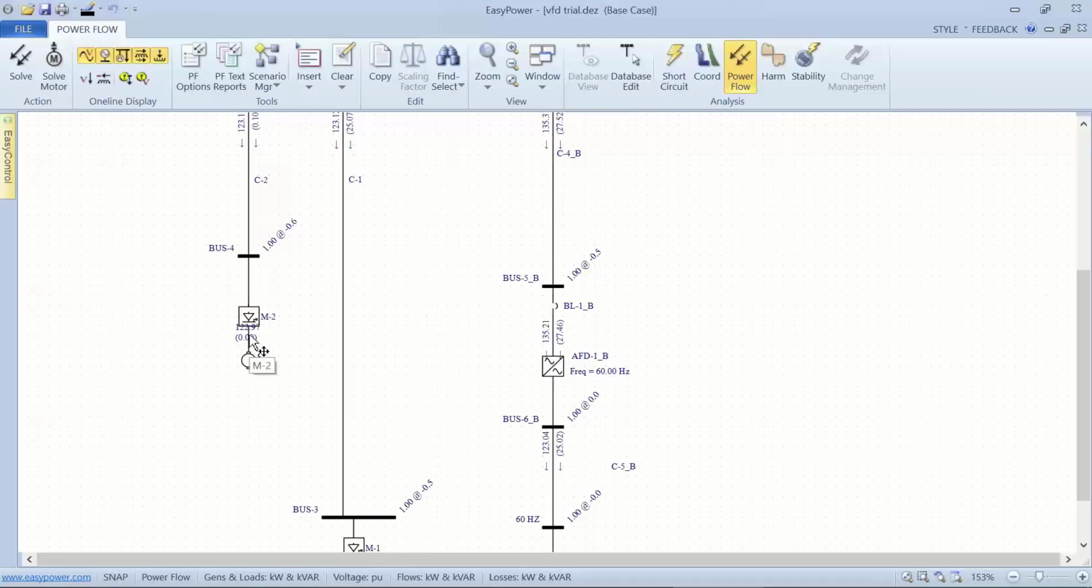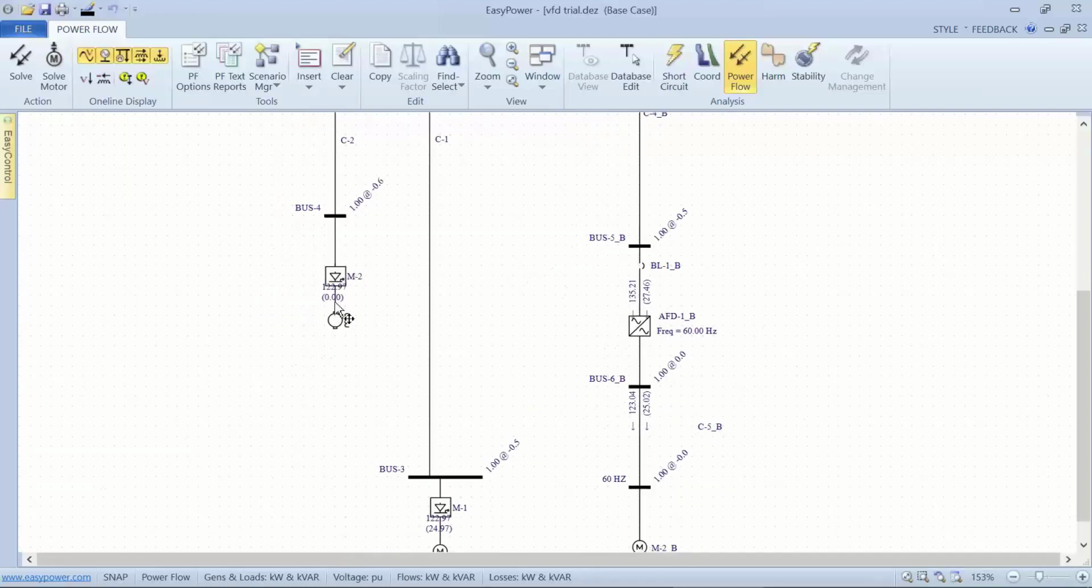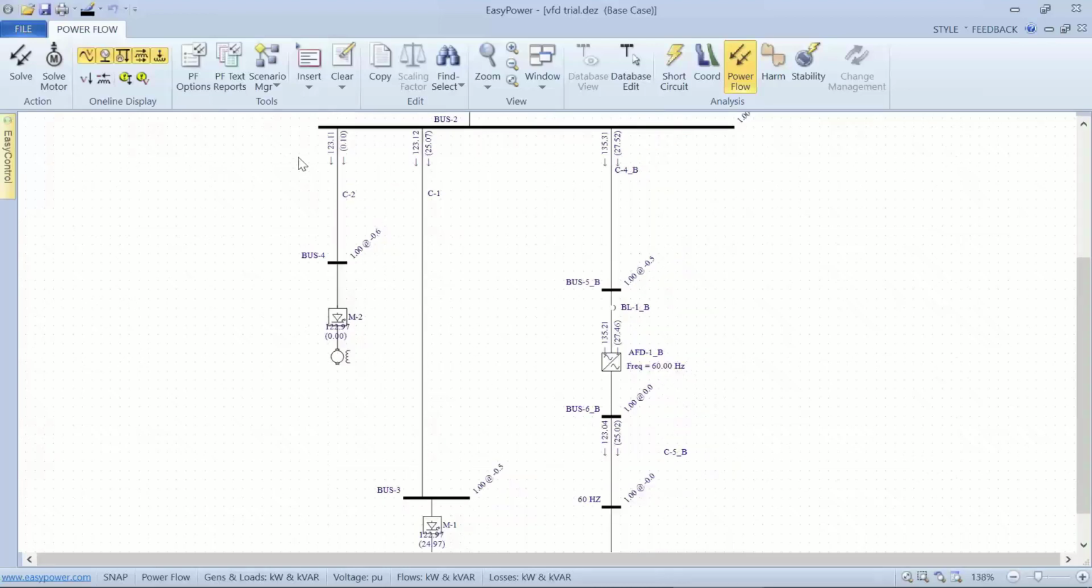We can see over here that we don't have any reactive power in the DC drive, and we're at essentially the same work done on the DC motor. Now, all this is being done at 60 hertz. So if we go back to our database edit